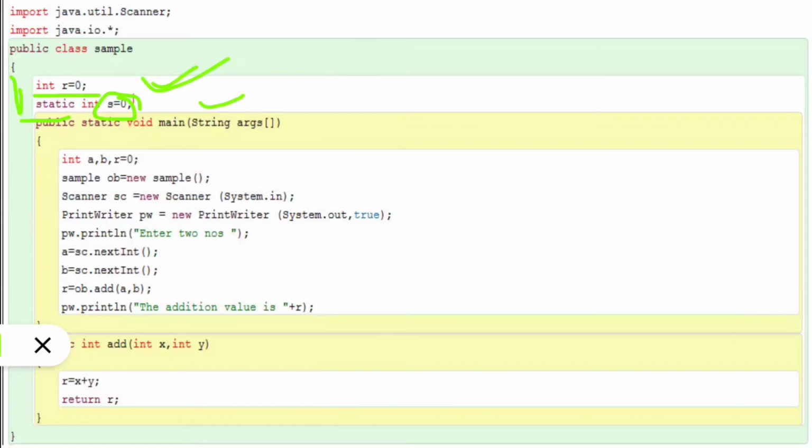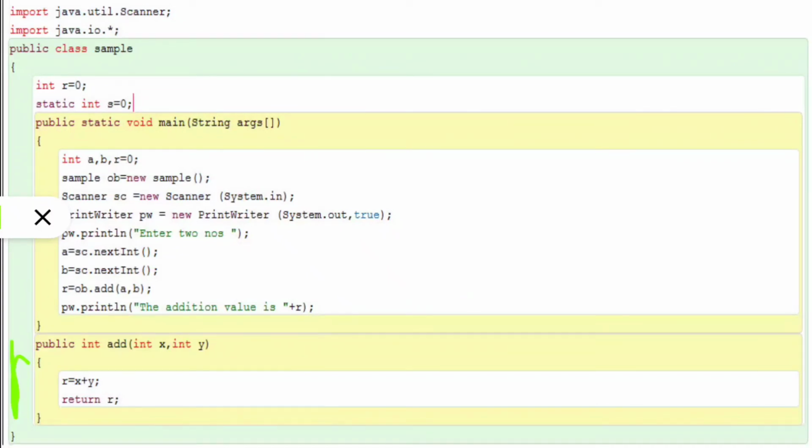Similarly here int a, b, r are declared under the main function, yes or no? Then all of these will be treated as local variables. And another thing, the member method. Here I have declared one user defined function, public int add(int x, int y).